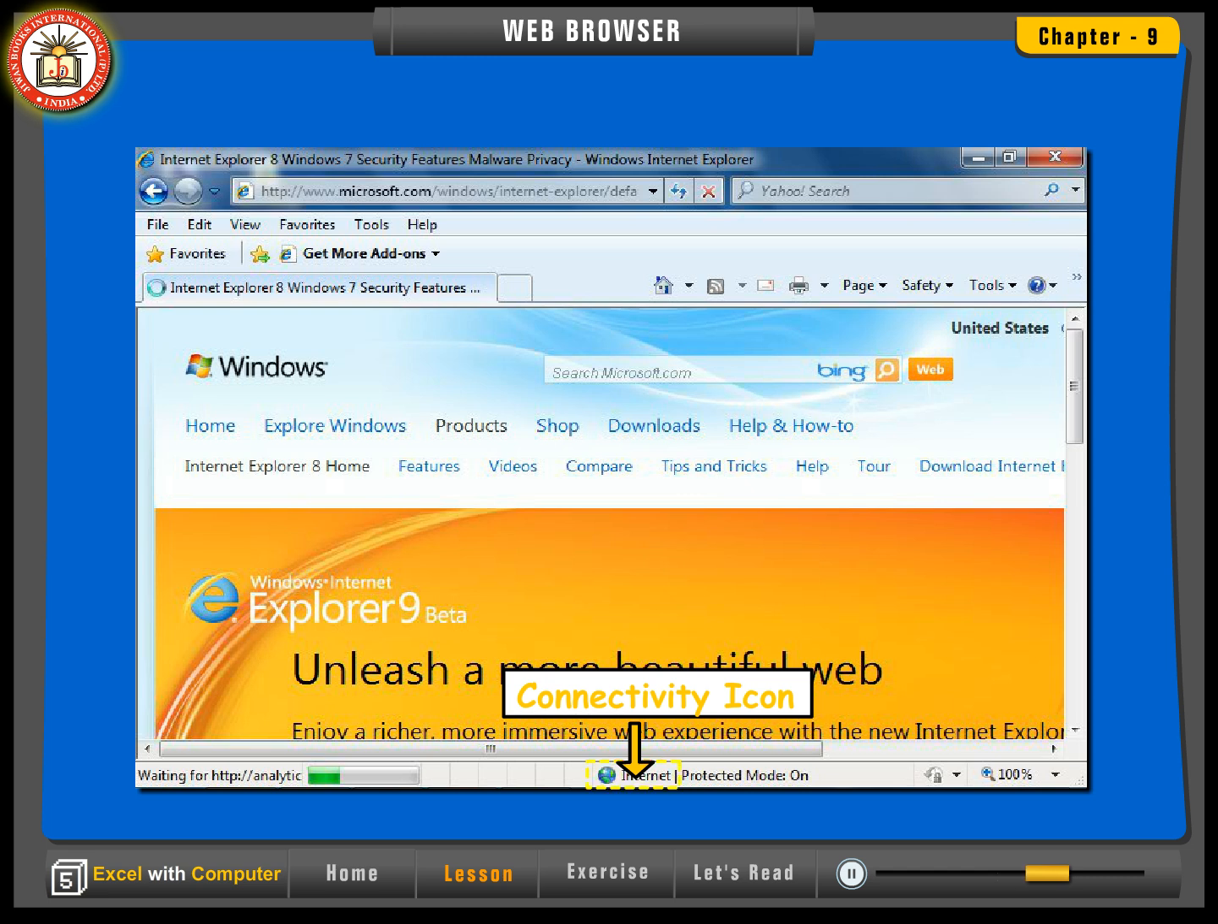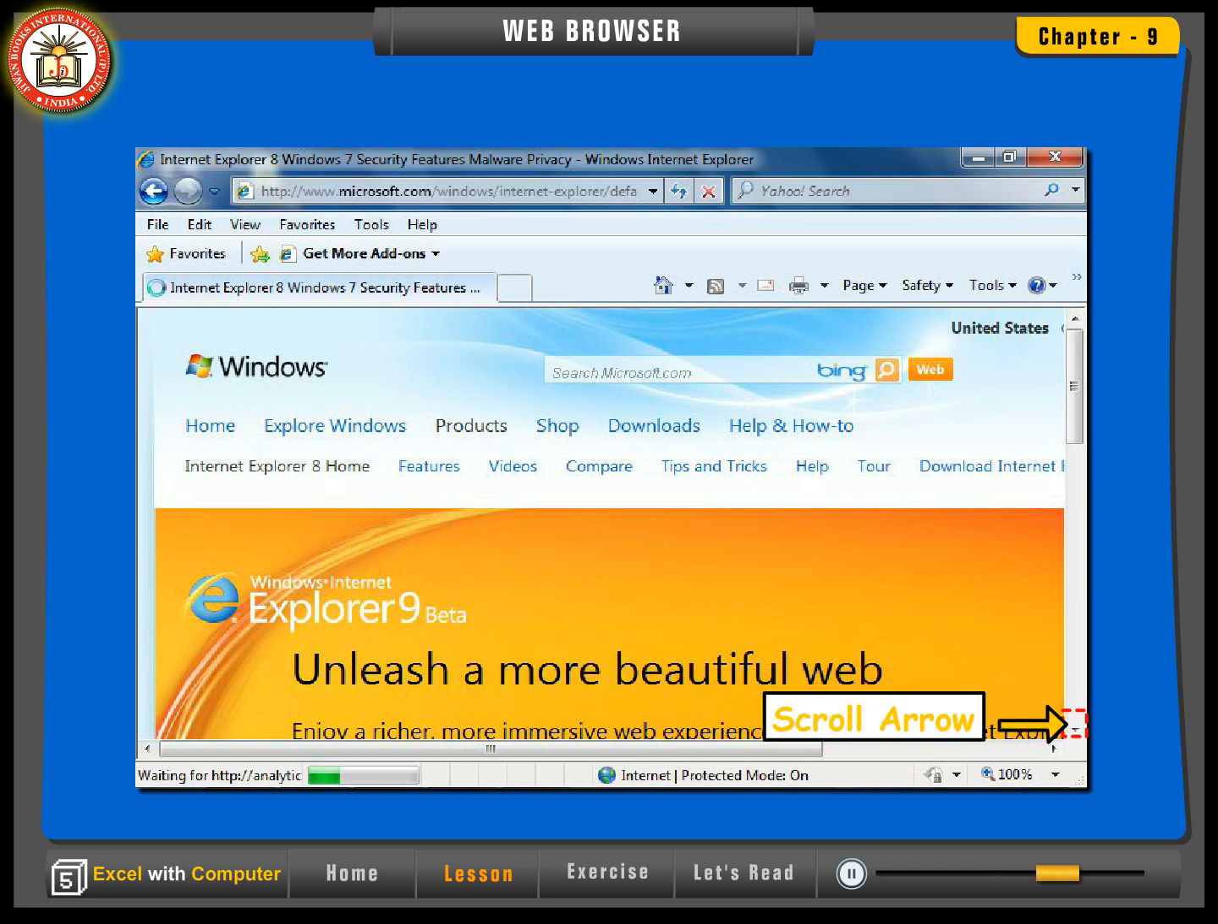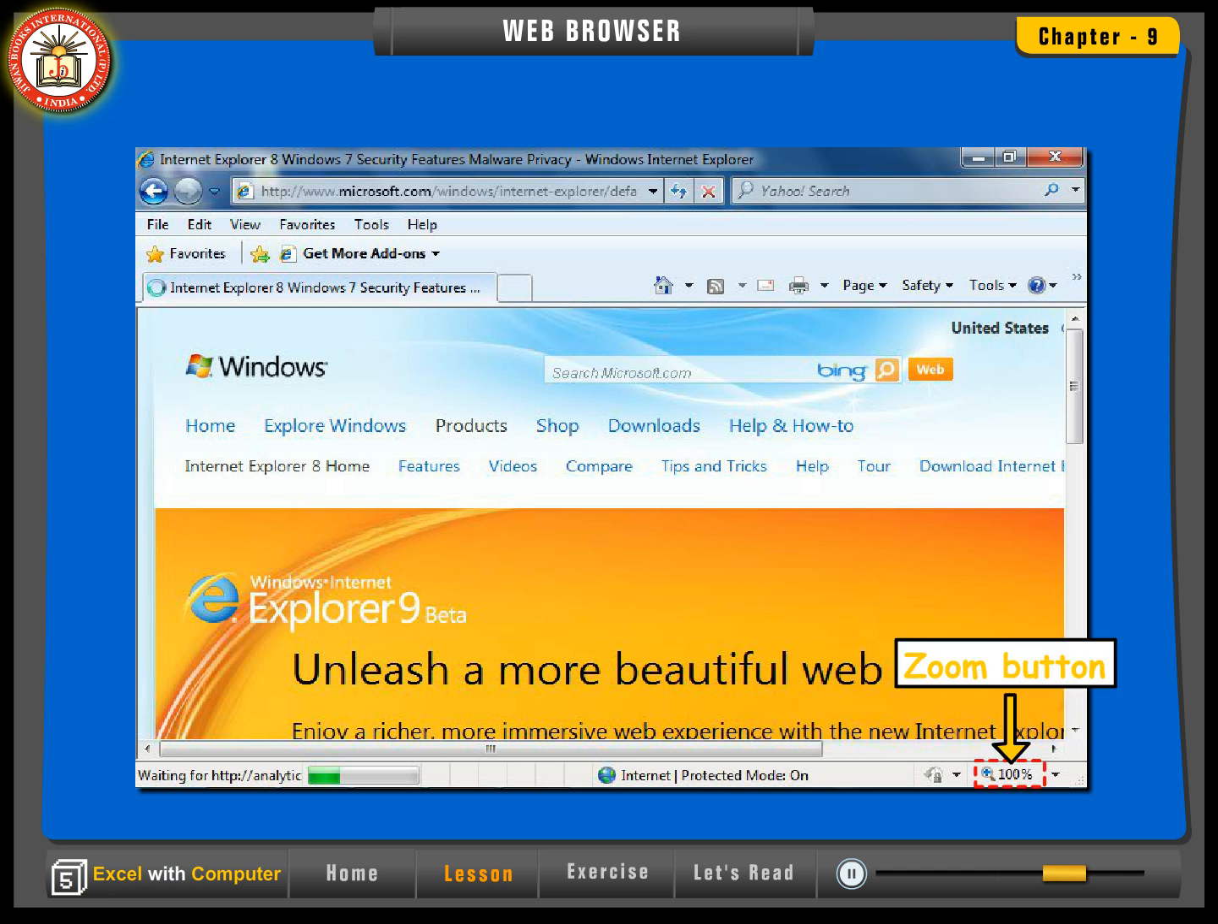Connectivity icon. When you are working online, this icon is displayed. Scroll arrow. These are used to move up or down the current web pages. Zoom button. It is used to zoom the web page. Back takes you to the previous page you were on. Forward. Clicking on this button will display the page on screen on which you were working before using the back